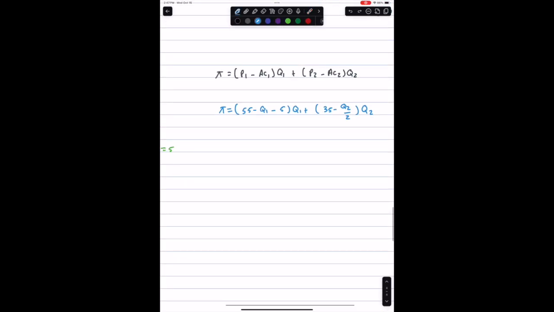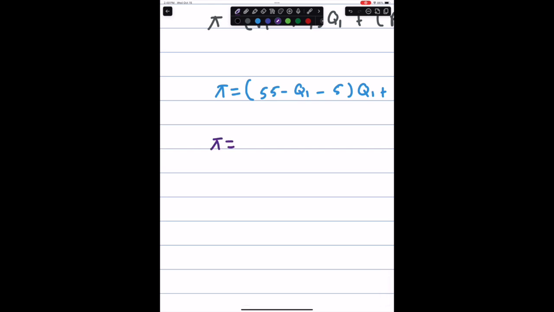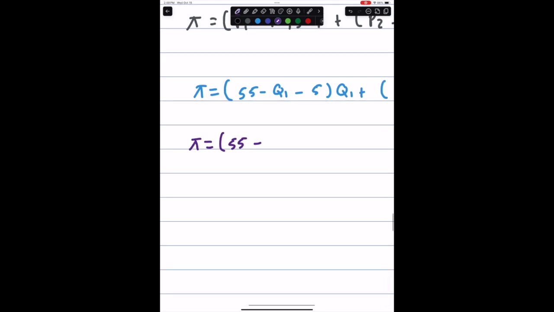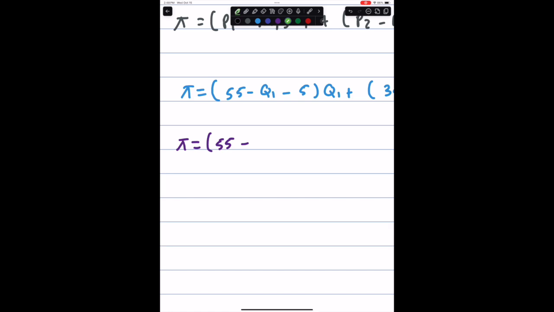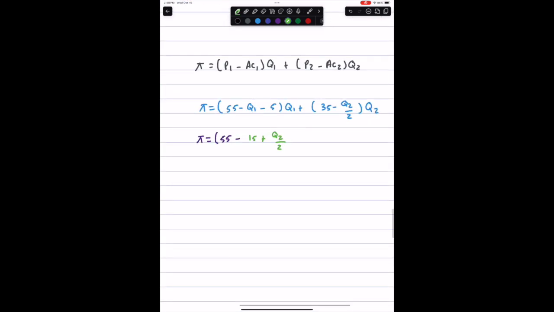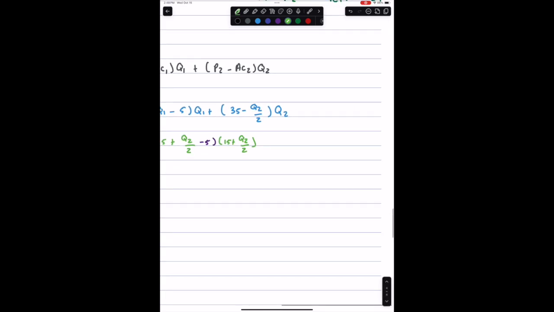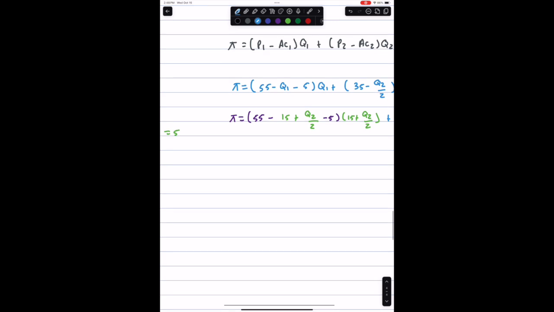So let's do it. We know profit is equal to 55 minus, and I'll do this in a different color, 15 plus Q2 over 2, minus 5, times 15 plus Q2 over 2, and then plus 35 minus Q2 over 2 times Q2. And then if we simplify things out, we know profit is going to be equal to 55 minus 15 minus 5 is just going to be 35